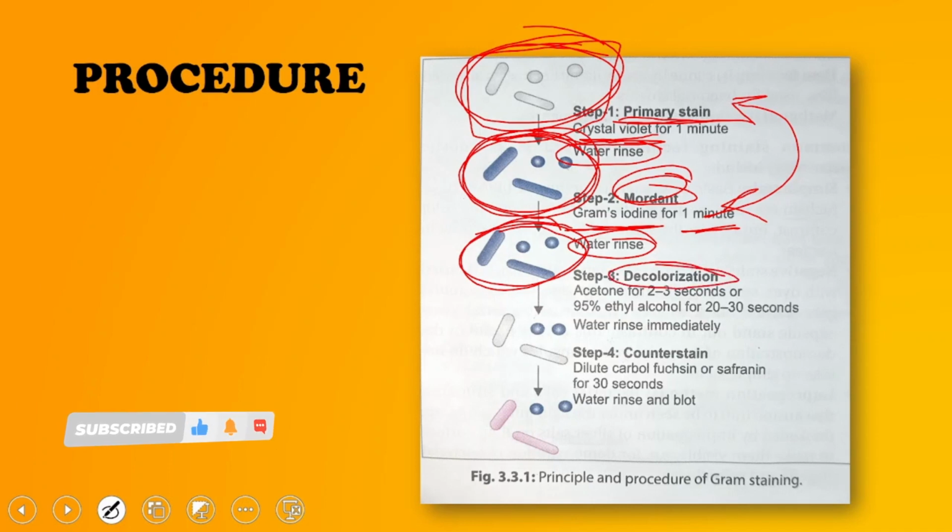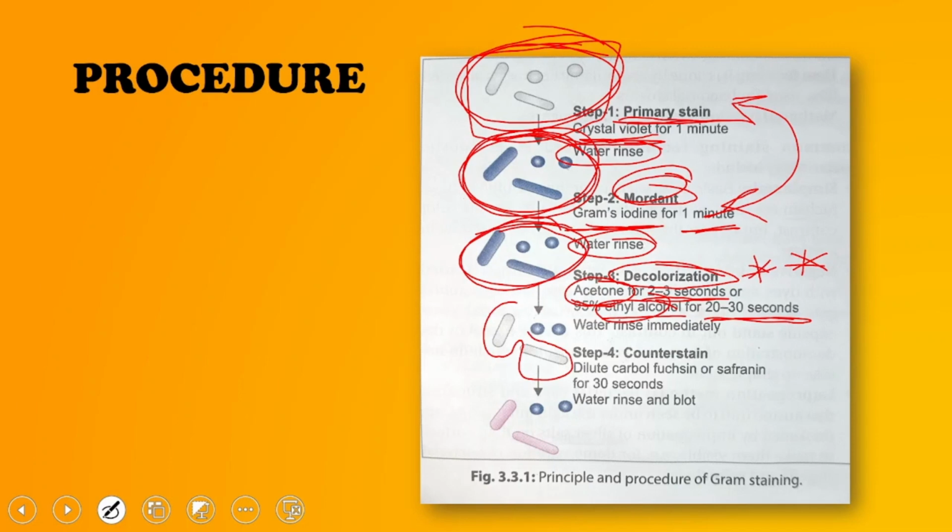Step 3 is one of the most important steps, the most crucial step you could say, that is decolorization. Agents used: acetone can be used, ethyl alcohol can be used, any of these, and only for 2 to 3 seconds, or 20 to 30 seconds depending on which agent you are using, the duration changes. After doing this, can you see that these bacteria that I'm highlighting over here have lost the primary stain?